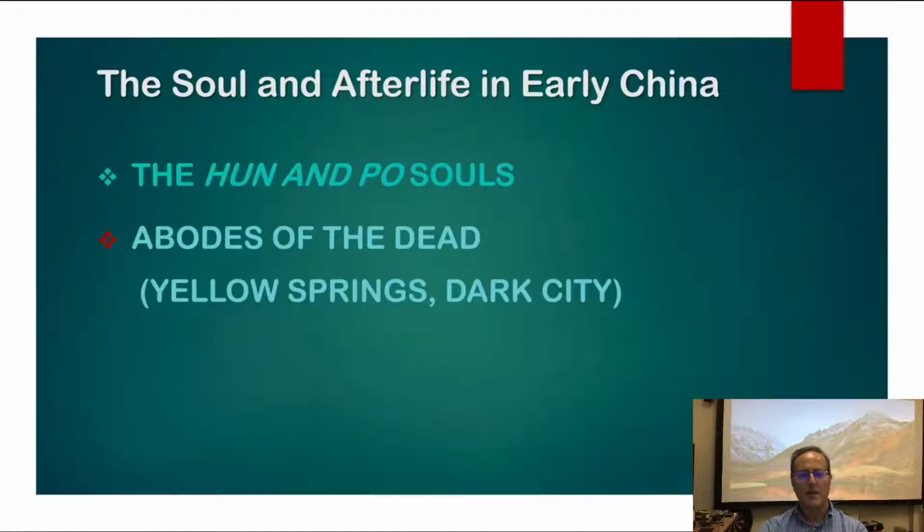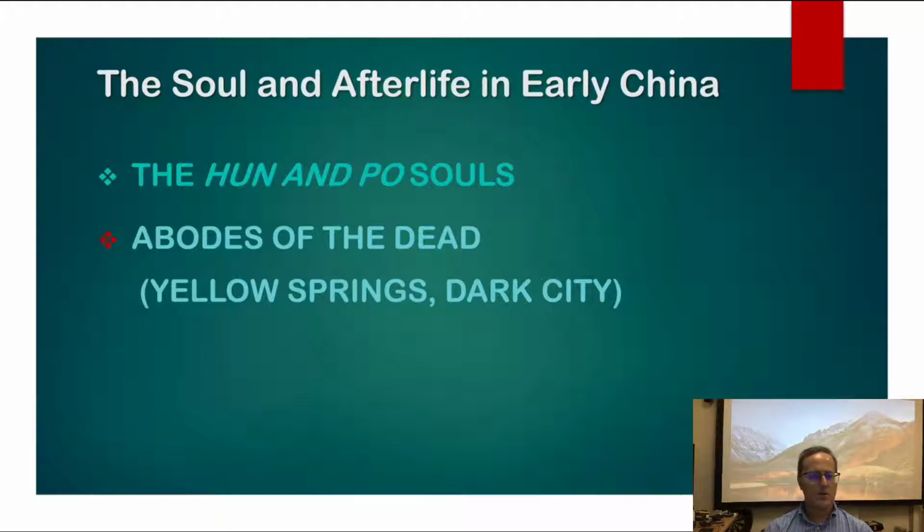Now, in ancient China, there's also the idea that the soul is not just one part, but has components. And so the standard story is that there are 2 souls, the Hun and the Po. The Po soul is like the Ka of ancient Egypt. It's a corporeal soul. It's viewed as staying in the tomb or in the underworld. It's the one that receives the offerings. The Hun soul is viewed as lighter, and it floats up. It can go to heaven or other places, other destinations. And the Hun soul is sort of like the Ba soul in Egypt. It's the one that holds the personality of the individual, their intellect.